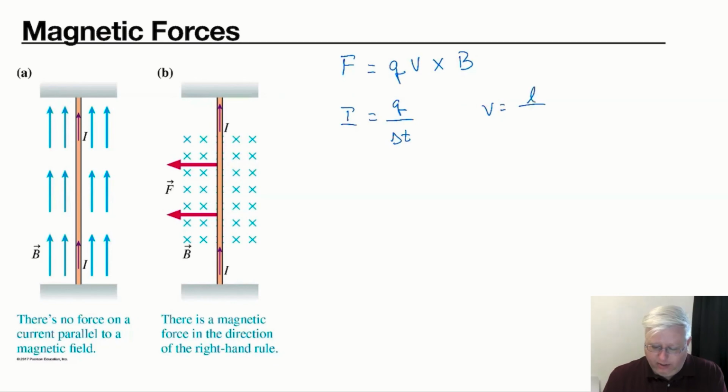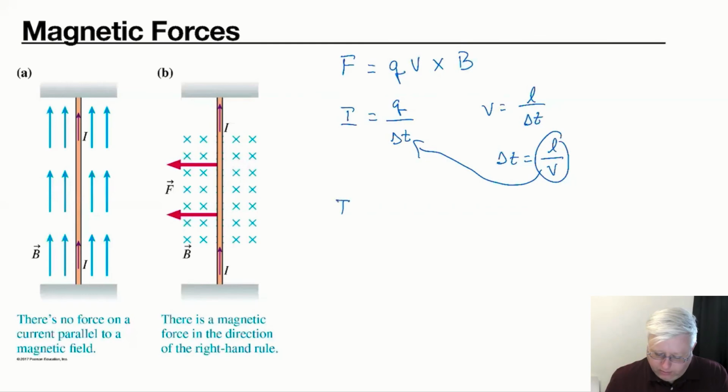I'm going to use length L over the time interval, because we're going to talk about the length of a particular wire. If we rearrange this and solve for delta t, we see that it's length over velocity, and then if we take that and insert that here,